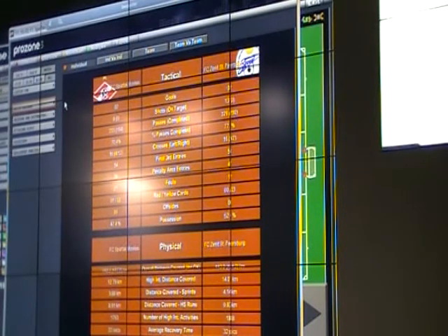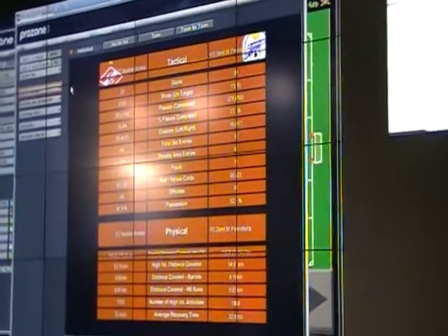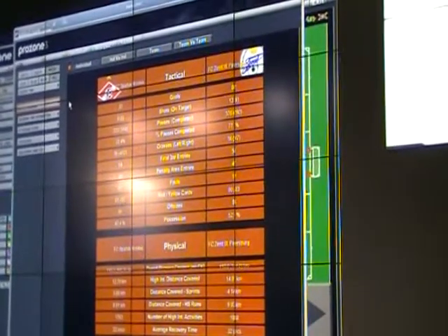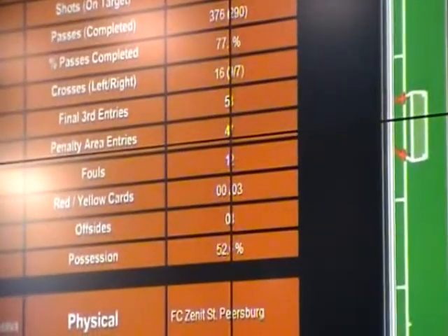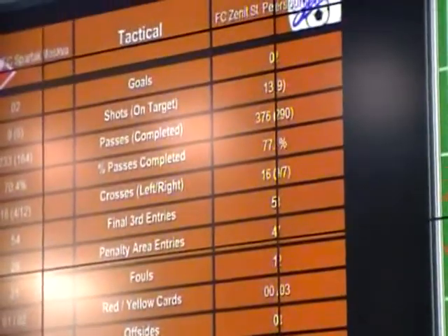So here you'll see a storyboard of the game from a tactical and a physical perspective. So the number of goals, the number of shots, the possession of the teams, so a lot of tactical information, but then also a lot of physical fitness information as well. So collectively how much distance the teams have covered, how much distance in high intensity, which is certainly a much more interesting statistic, much more interesting piece of analysis if you're a fitness coach, is the intensity that your players